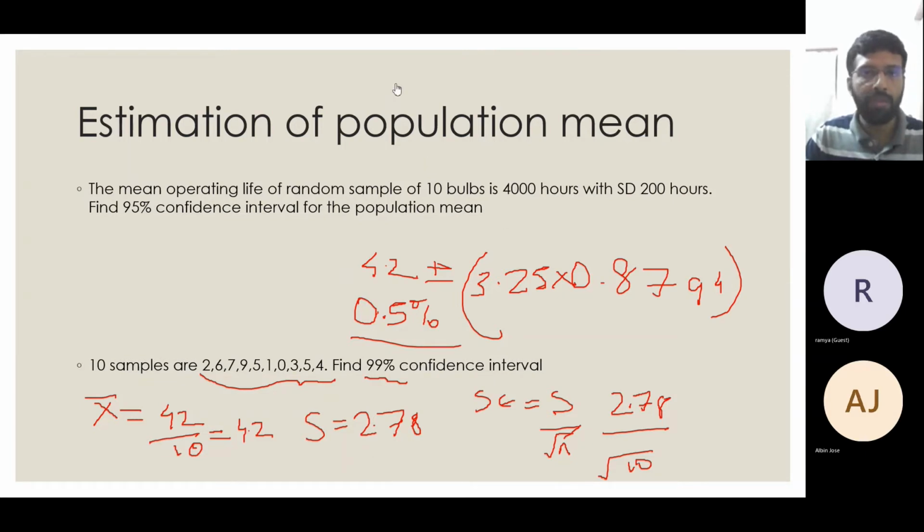So I had one more topic pending. Should we take that or shall we wind up? If you are interested, we can go through only one more slide. That's for proportions. Similar thing, how you will apply it for proportions. If you are interested, we can take it. Otherwise, we can take it next session probably. If you can stay for 5 more minutes, we can take that and wind up. So this topic will be complete. What do you think? Should we proceed or do you need me to repeat any examples? Shall we go through? Okay, you can go through the video later.